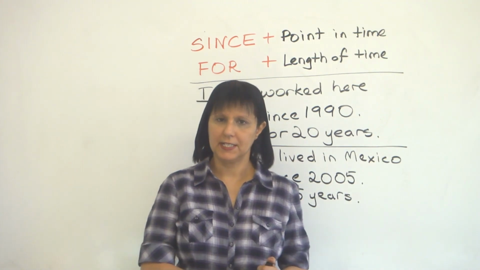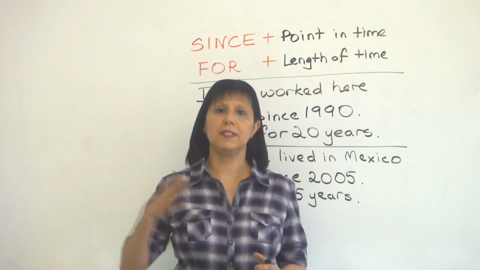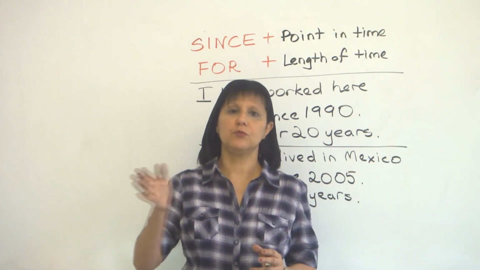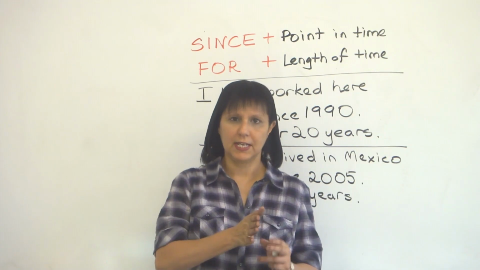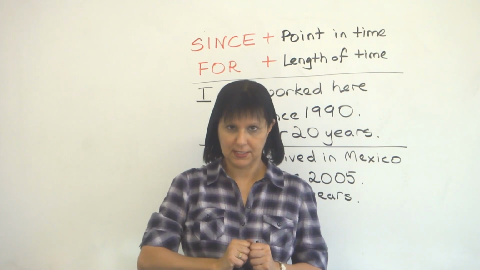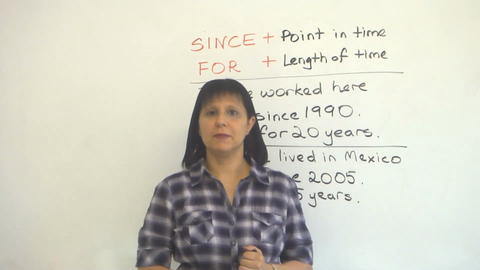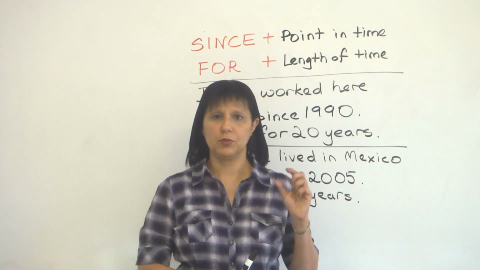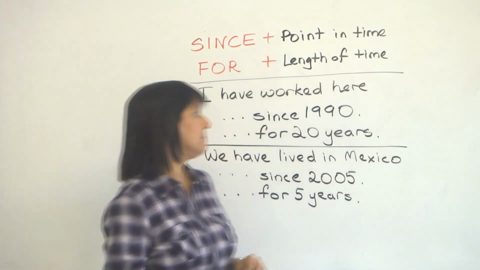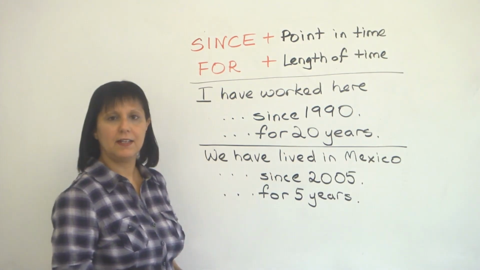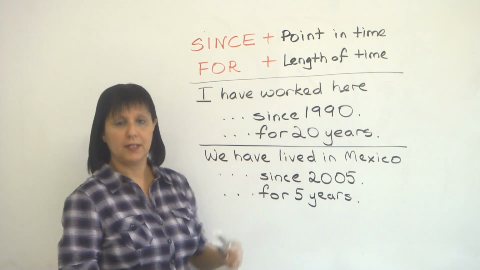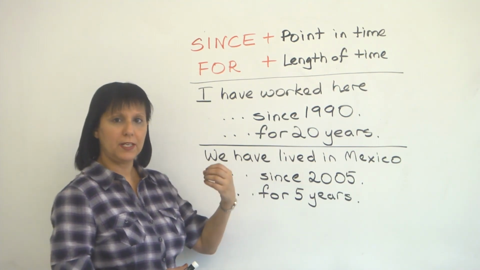The present perfect tense is used to talk about something that happened in the past and it's still true or still relevant now or today. So it kind of includes the past as well as the present. All right? But let's look at some examples and see how to use the words since and for correctly with this tense. Okay? So since you should be using with the point in time,